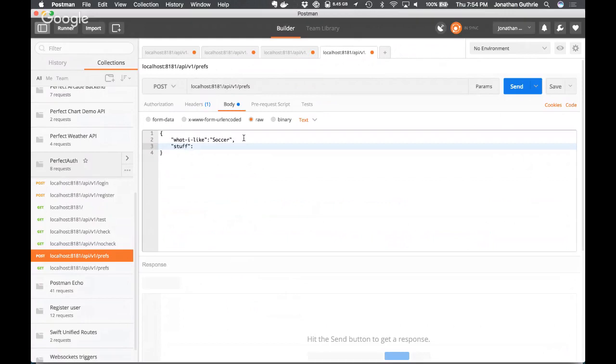Then I'm going to add another nested object, which is going to be pets. There we go. Type, cat. So I have a pet cat. And then I'm going to say kids.